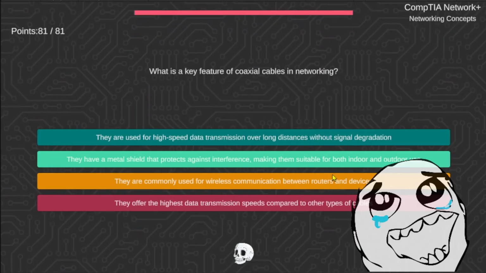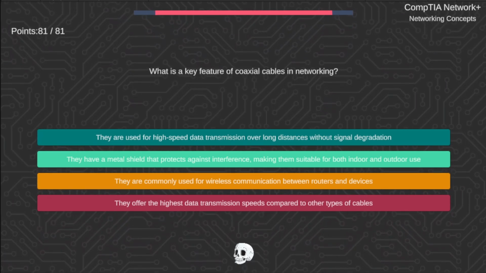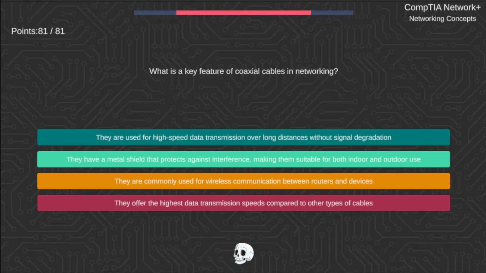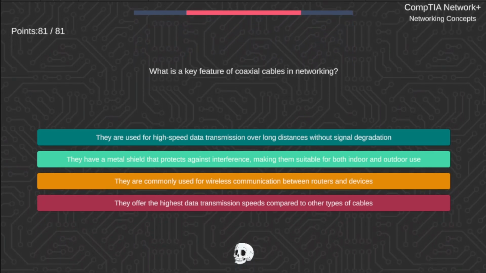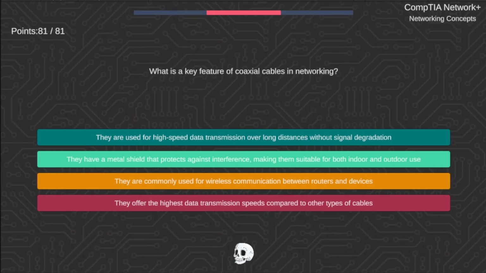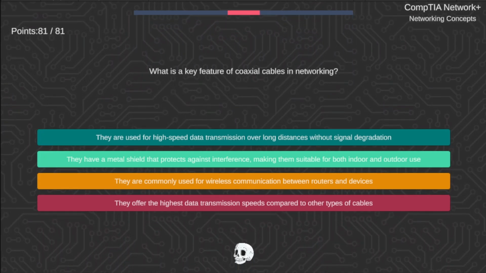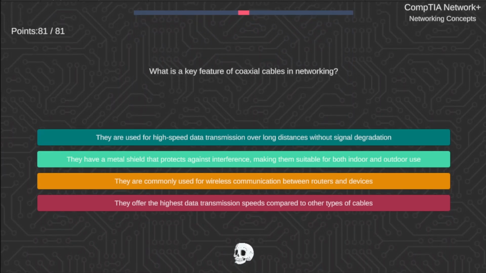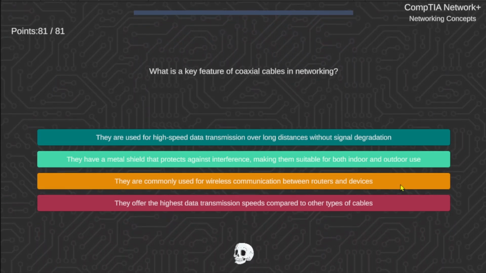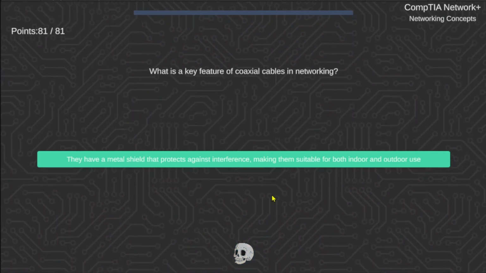single conductor. What is a key feature of coaxial cables in networking? They are used for high-speed data transmission over long distances without signal degradation. They have a metal shield that protects against interference, making them suitable for both indoor and outdoor use. They're commonly used for wireless communication between routers and devices, or they offer the highest data transmission speeds compared to other types of cables. The key feature of coaxial cables in networking. Correct answer is they have a metal shield that protects against interference, making them suitable for both indoor and outdoor